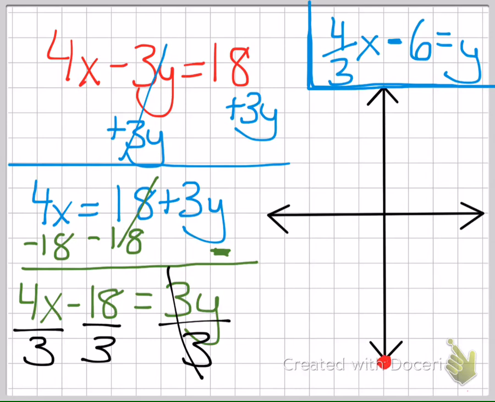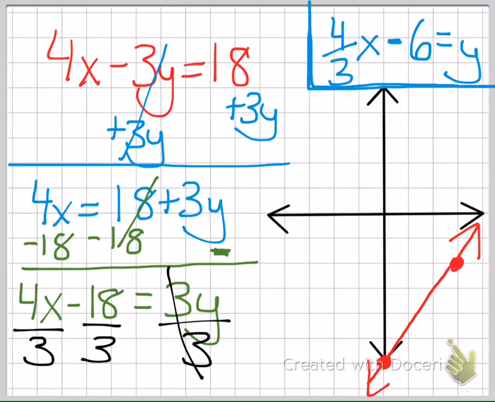What's my slope? 4/3, right? Both positive. So up, 1, 2, 3, 4. To the right, 1, 2, 3. Again, you only need to connect those 2 points with a straight line, and it would look like that. Once you get it in slope-intercept form, it's very simple to graph. Y-intercept, slope. Y-intercept, slope. But sometimes you have to do a little work to put it in slope-intercept